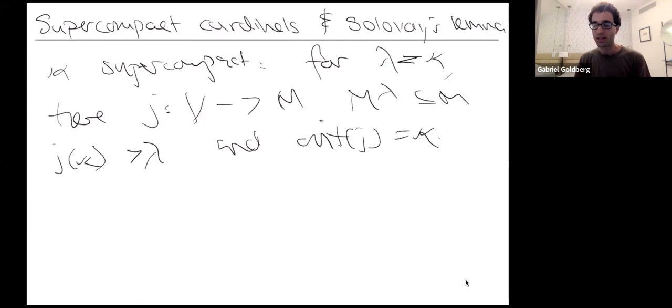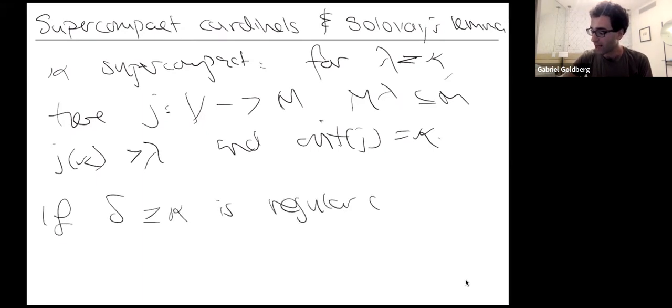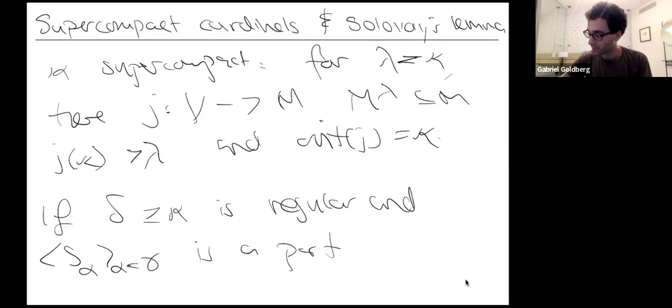The proof of Woodin's theorem that I just gave is actually closely related to the theory of supercompact cardinals. And the reason is that one can show that if delta greater than our supercompact cardinal is regular, and S alpha for alpha less than delta, or say for any length gamma, is a partition of S delta omega into stationary sets,